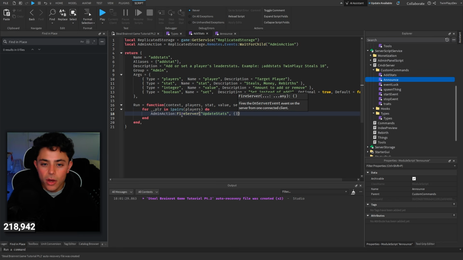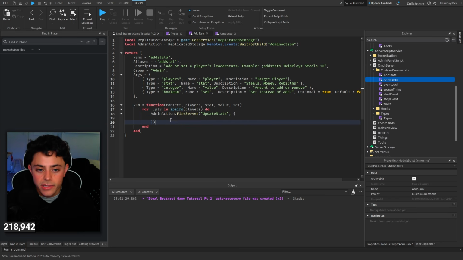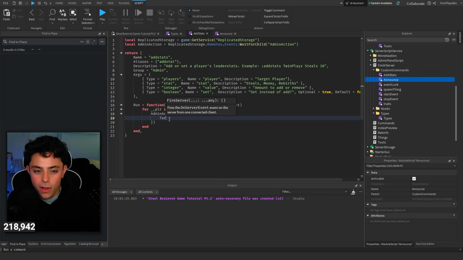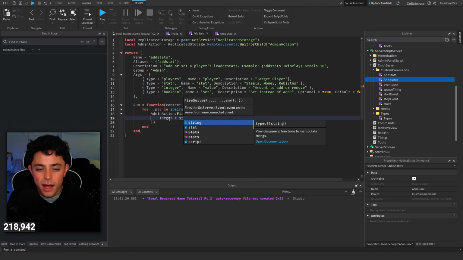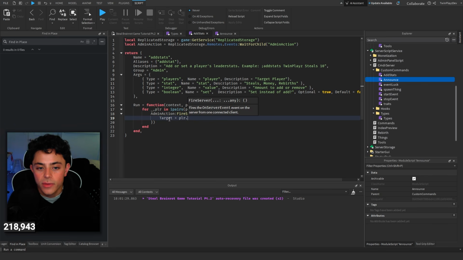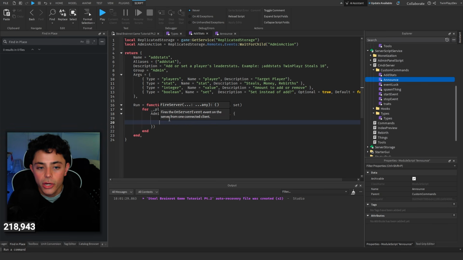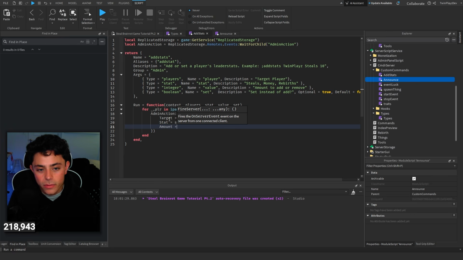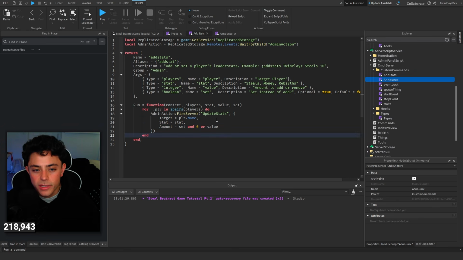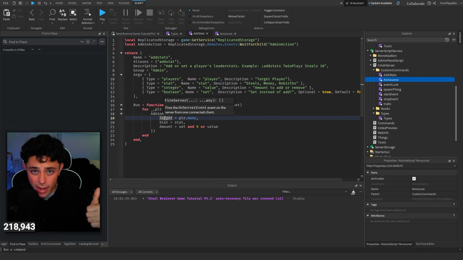Now, you guys are probably like, okay, how does this work? Why are we doing this? I'm going to explain in a second here, so just follow along. Target equals player.name, so that's the player we're sending. We're going to go stat equals stat like this, and then amount equals set and 0 or value. Okay, just like that. So what we're doing is sending to the server the player name, the stat,